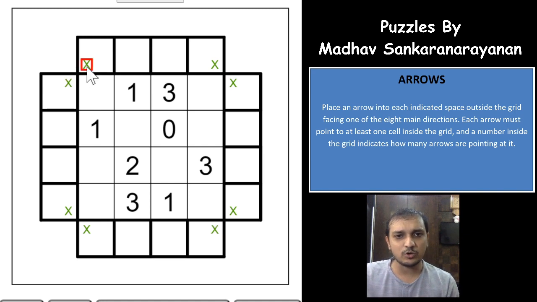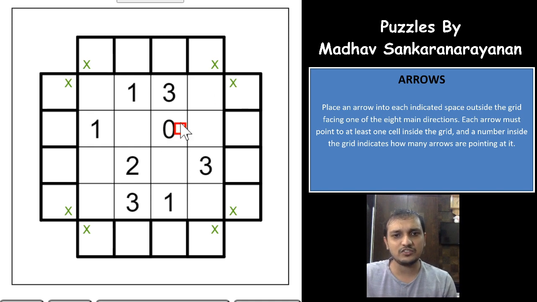So for example, the notation here: I have marked this cross because you cannot have an arrow towards the upper diagonal of this cell or lower diagonal of this cell. I have placed the arrow here. So if I have a cross here as well, which means I cannot place an arrow towards the left diagonal as well. So I cannot place a cross here, but let's see if I can place. Okay, I'll be able to place a cross here as well. So if I place a cross here, which means an arrow cannot be pointing towards the horizontal left, right? So that is what the notation is more about.